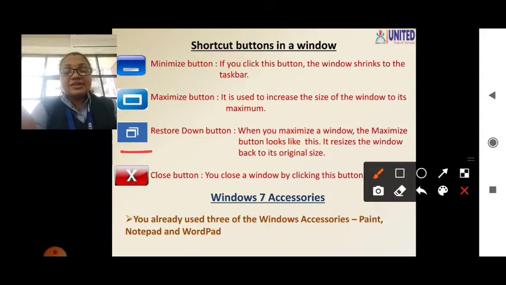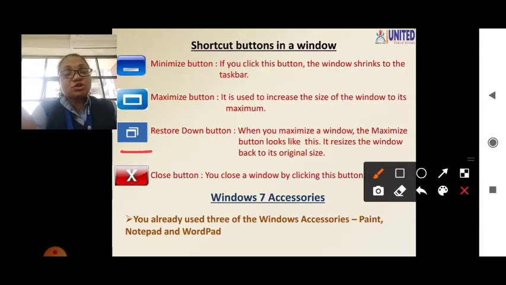Whenever you click on this restore down button, your window size becomes smaller than maximum size. That means its original position size is shown on your monitor, right? Then if you want to maximize again, you have to click again, then your window maximizes.